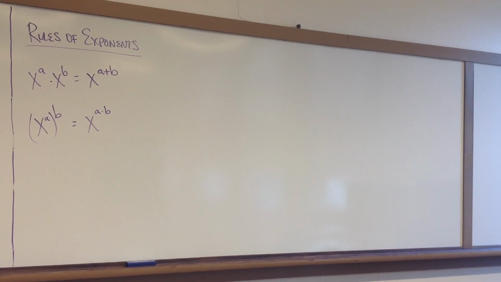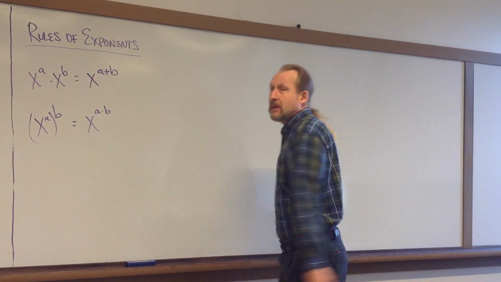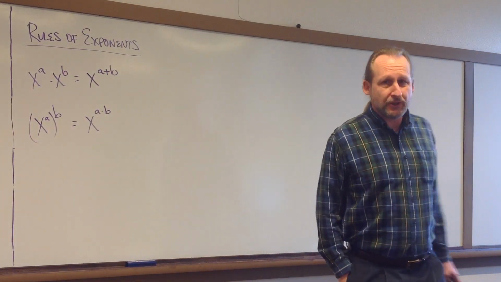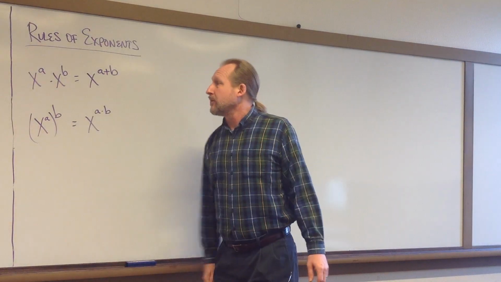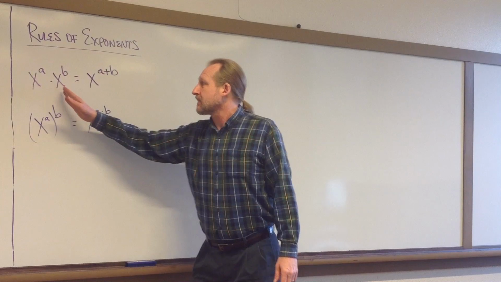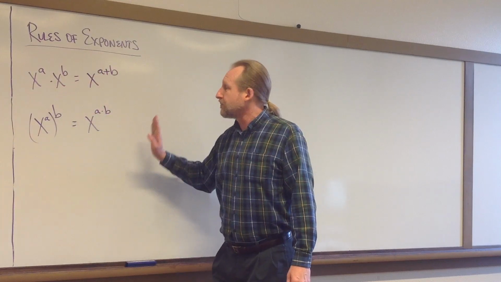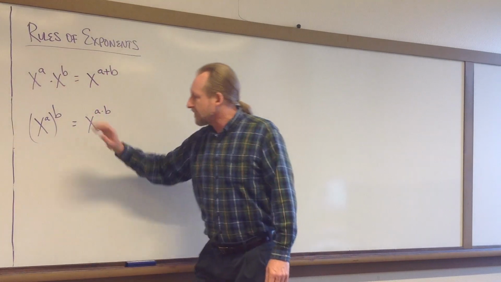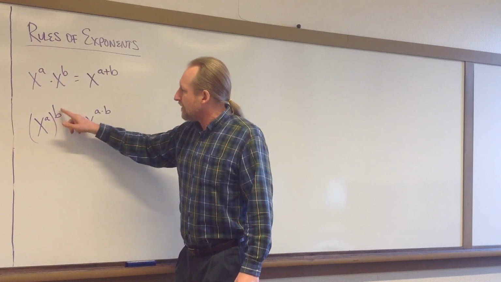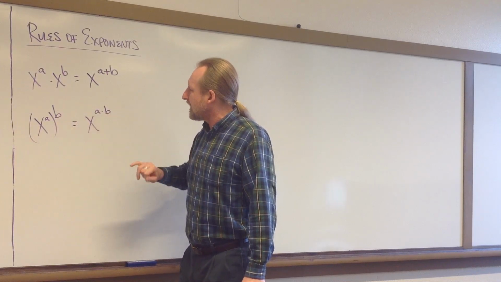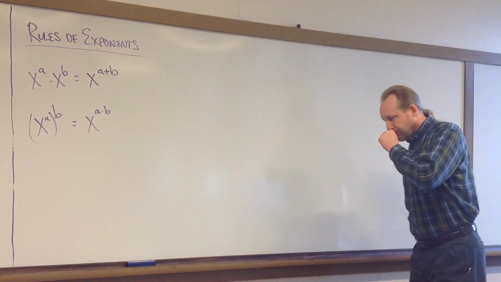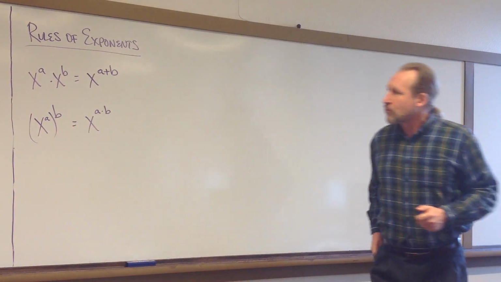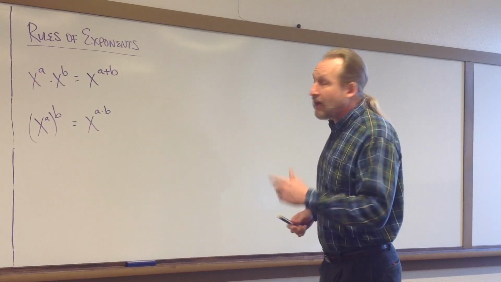This video is for Math 70, and this is a follow-up assignment on the rules of exponents. In the first video, we talked about these two rules of exponents. x to the a times x to the b is x to the a plus b, and why that's true. Same thing for this one: x to the a raised to the b power is x to the a times b, and again, we talked about why that's true. So today, we're going to look at dividing